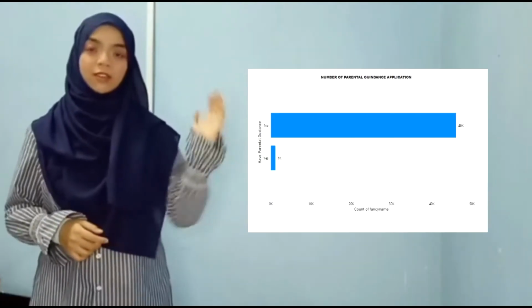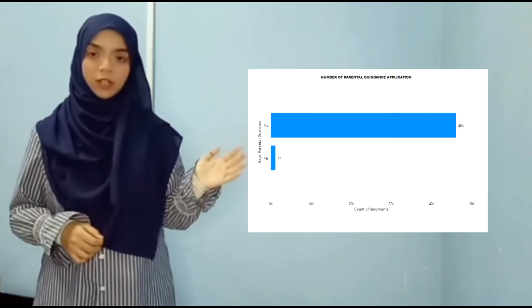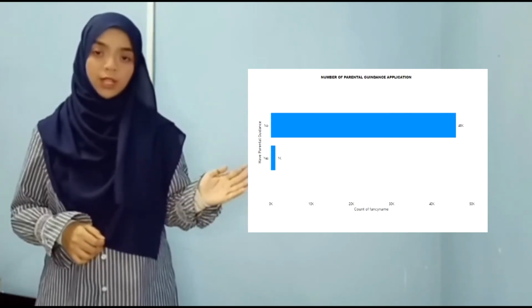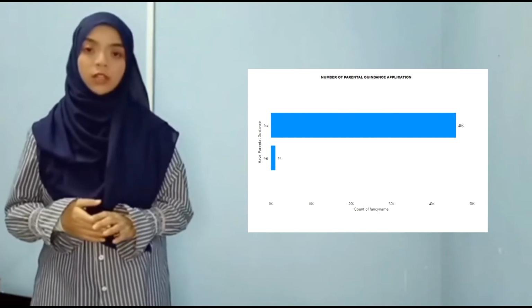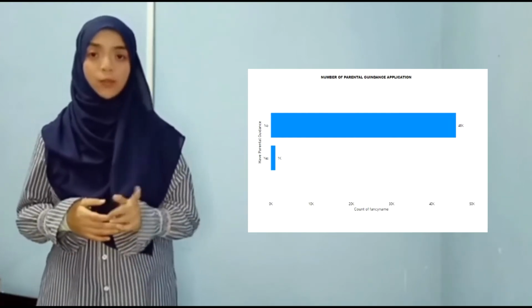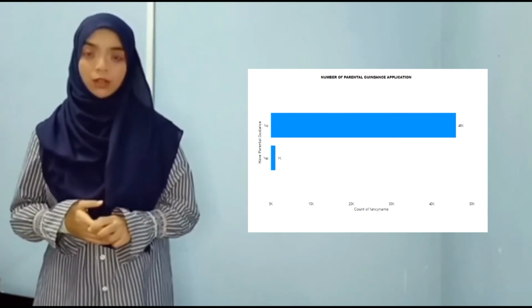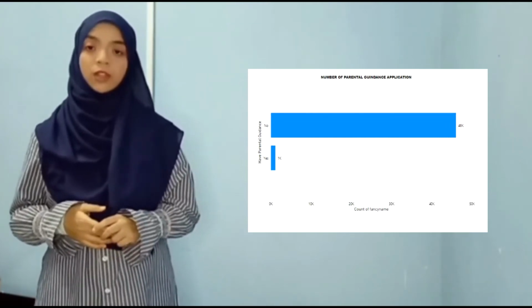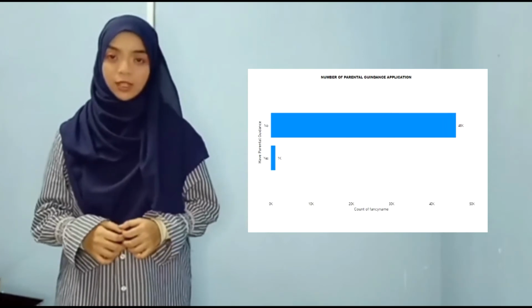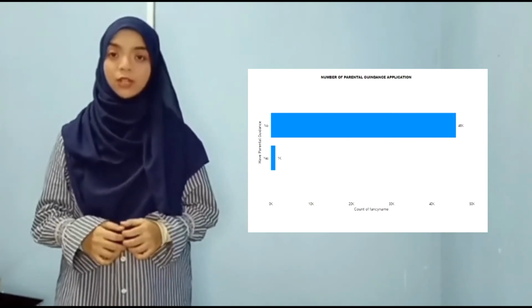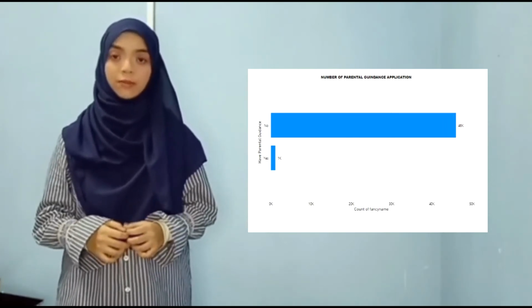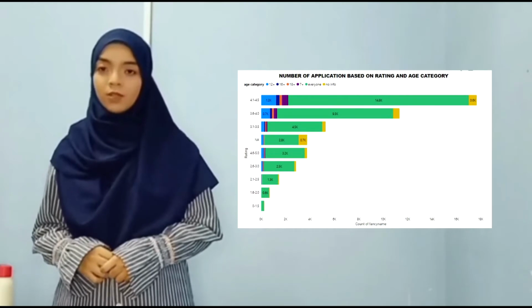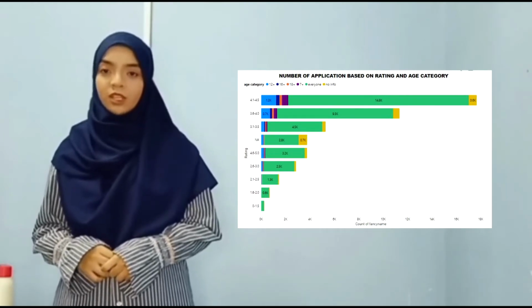Next, this is the chart on parental guidance application. Based on the number of applications, there are 46,017 applications that have no parental guidance. Meanwhile, 1,135 applications have parental guidance. The number of applications that have no parental guidance shows the highest compared to the number of applications that have parental guidance. Next, for the third chart, I will explain about the number of applications based on rating and age